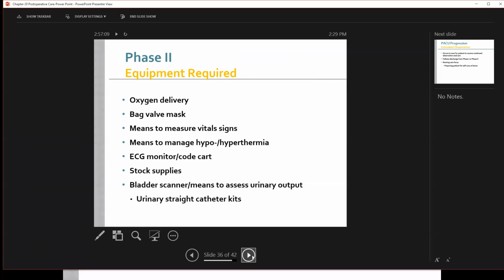This is the equipment typically required for a post-surgical patient in the clinical setting. Some equipment, such as means to measure vitals, are the same. However, equipment required for intense monitoring is not included. Added to the list is equipment such as bladder scanners, required to measure urine output and perform urinary straight catheterization